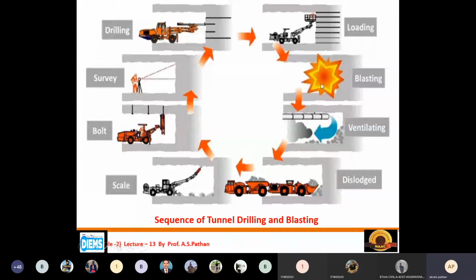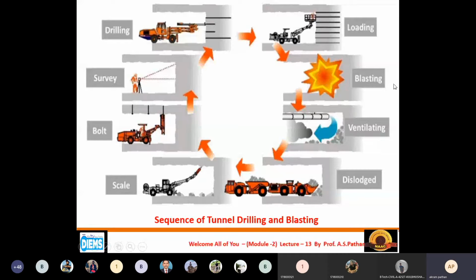You should also mention the time. During this time, nobody can enter this particular area. All care should be taken into consideration during the blasting action. Otherwise, there will be a dangerous situation, with loss of human lives and loss of everything. So blasting is very important in the case of the tunnel.